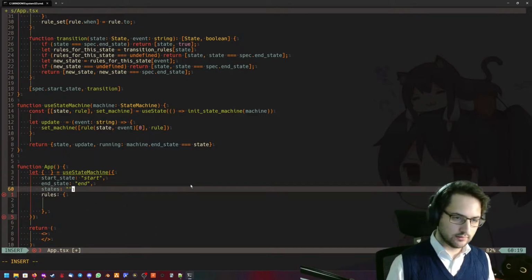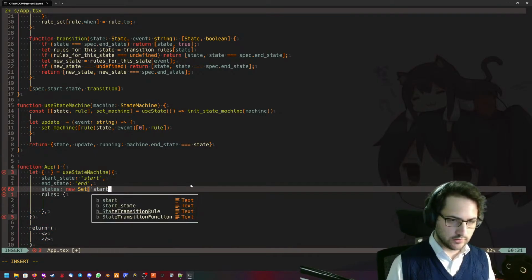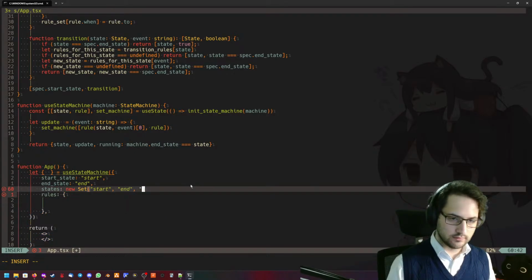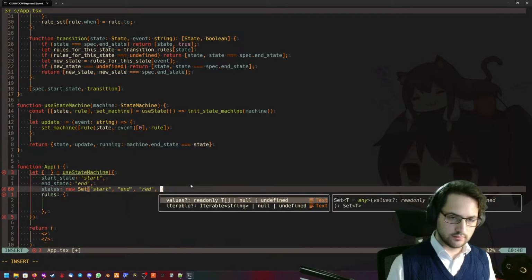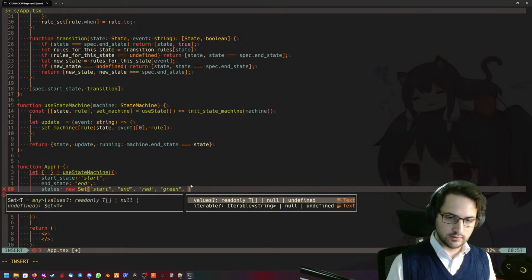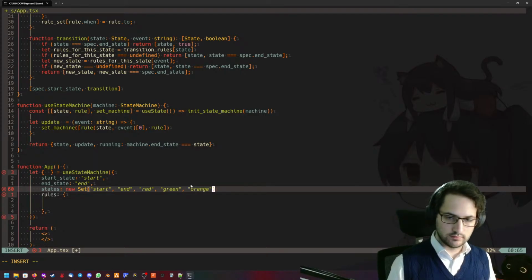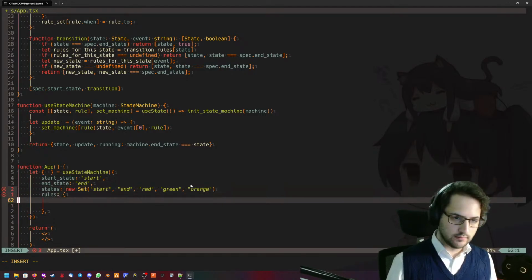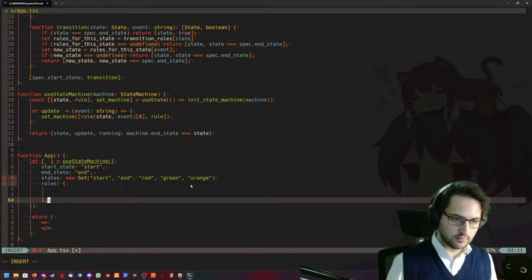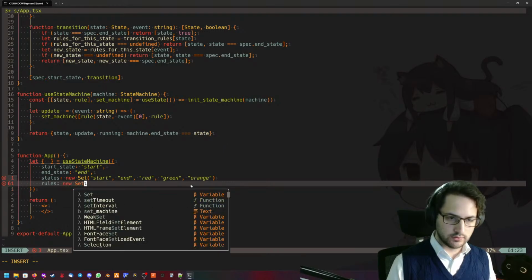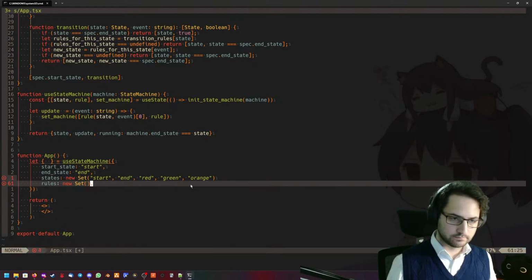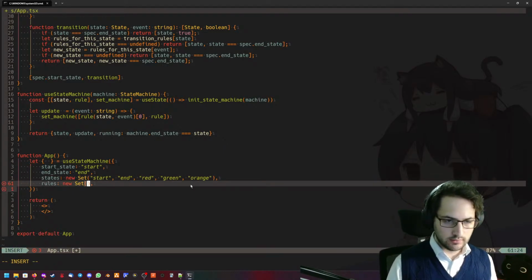So, states is a set of start and red, green, and orange. And this is also a new set. And